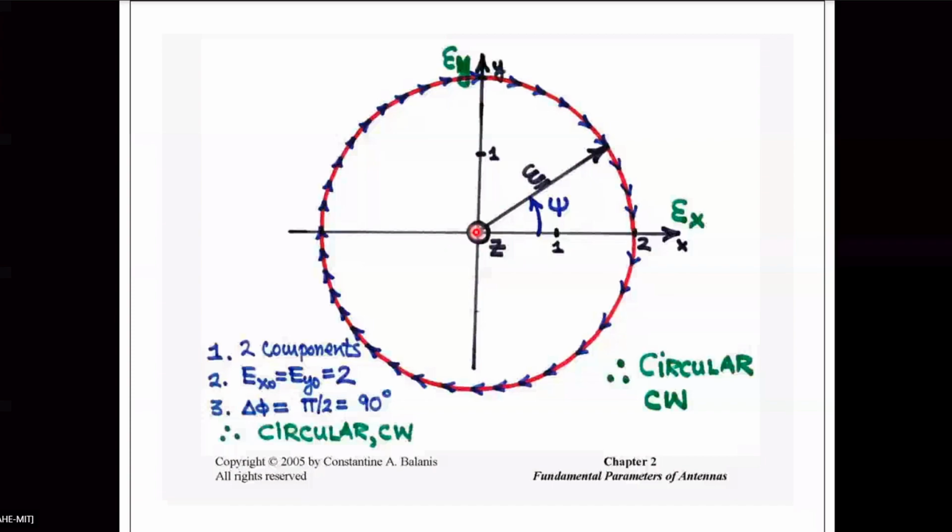If there is only an X component, then also it is linear polarization, X polarized. If there is only a Y component, then the electric field will be in the Y direction, and the instantaneous value will move on this line from positive to negative. If there is a Y component, it will just move up and down along the Y direction. So that is called